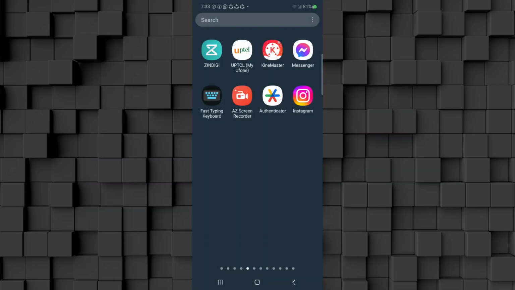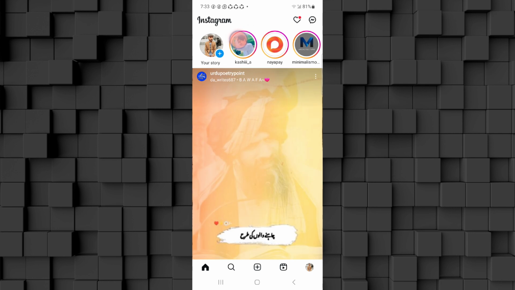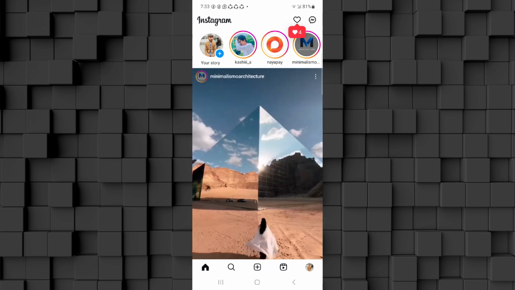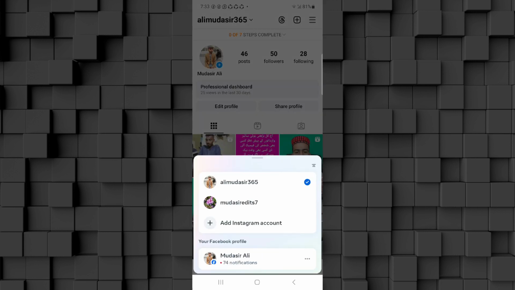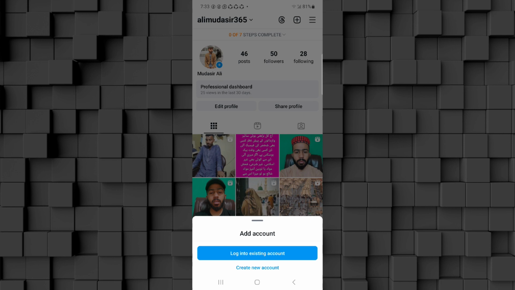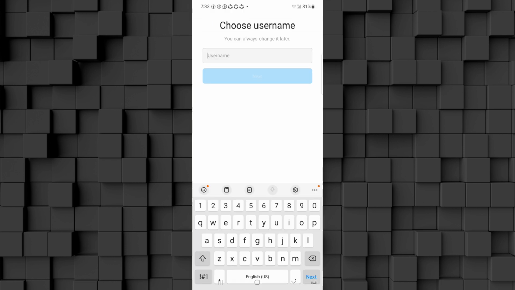So to create another Instagram account, open Instagram app and click on your profile picture on the bottom right corner and click on this drop down arrow and click on add Instagram account and click on create new account, and